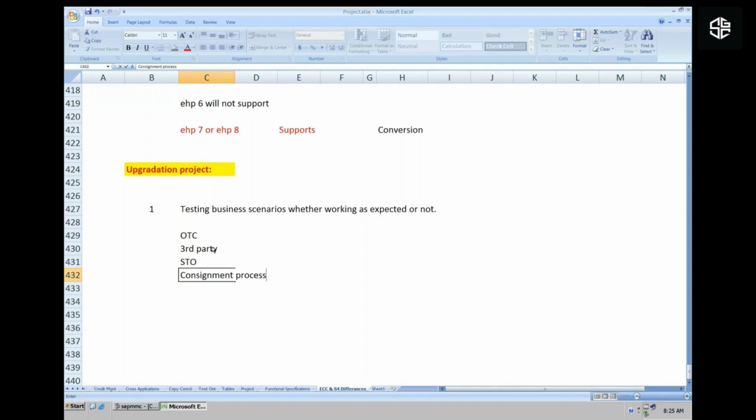Okay, we need to test this. If they have return process, credit memo, debit memo, right? We have to check this return process, credit memo, debit memo. We need to test. If we find any